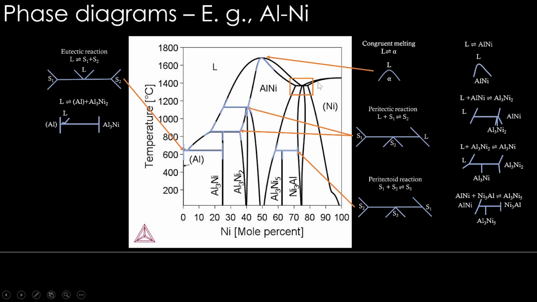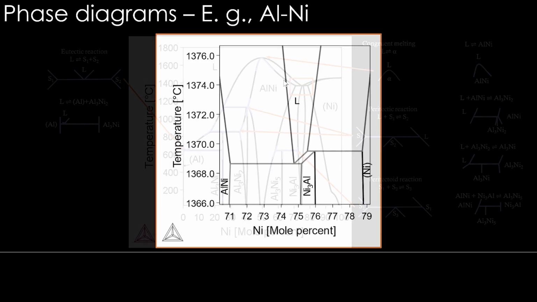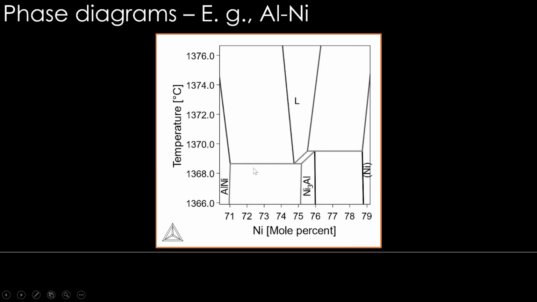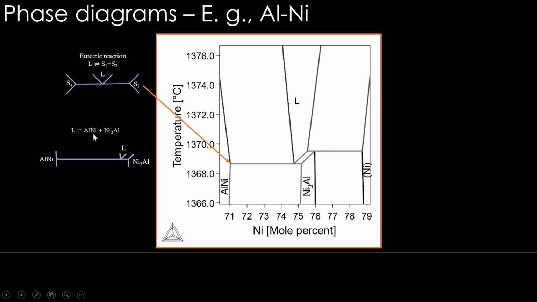Then what about this region here? It is slightly tricky. Let us zoom it. We can see it clearly now. There are more things. So one side we have a eutectic reaction, liquid giving two solids. The pattern is here. Liquid gives one solid AlNi plus the other solid Ni3Al. So you can see it here. Okay, the V is here. This is the liquid transforming to the first solid Ni3Al this side and the other solid AlNi this side. So these two solids form from liquid.